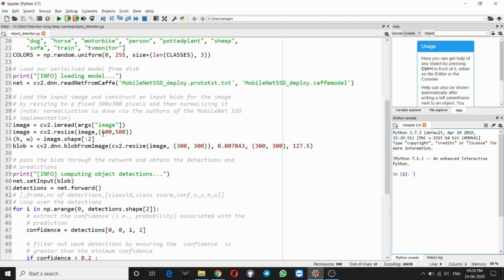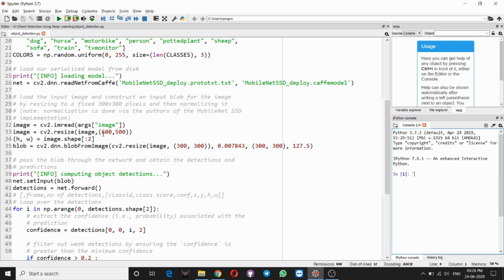After this, we will use net, which is our model from cv2.dnn.readNetFromCaffe, dot setInput, and pass the blob into our model. Then we will use net dot forward, and all the values returned by the net dot forward method will be stored in detections. The net dot forward method is used to start the detection.